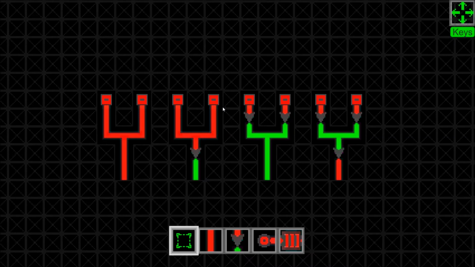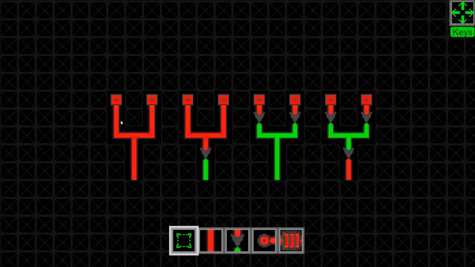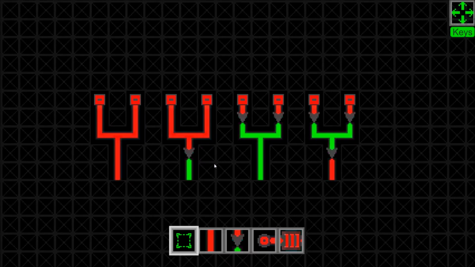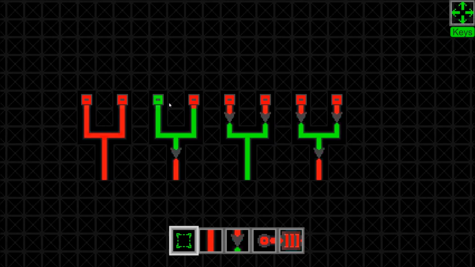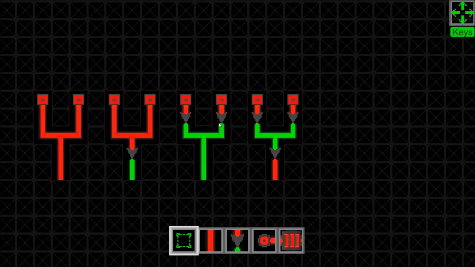I have here 4 logic gates. They're the most basic logic gates you can think of. This one, if you think that this line is the output in every case, when this is an OR gate, so the output will be on if either of the inputs is on. It doesn't really matter which one. And here we have the NOR. It's basically just an inverted OR, which will be off when either of these or both, doesn't really matter, are on. Then here we have the NAND,